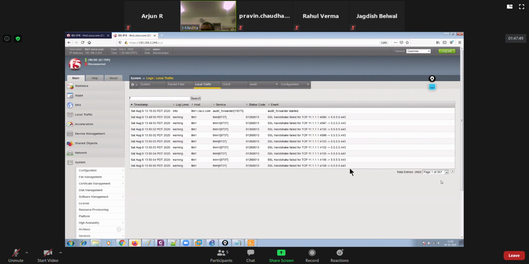All right, so go to the last page, which is page number 267. You see that? I mean, wait, still it's not there. It's loading. We should receive the log messages over here along with the IP and the port number.